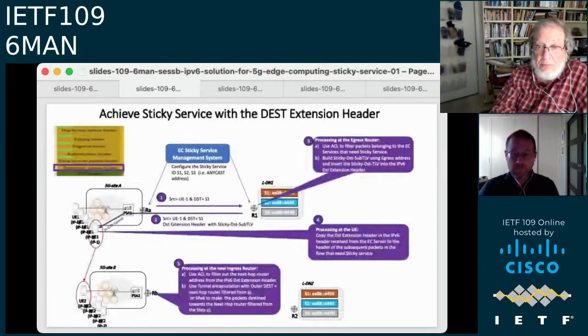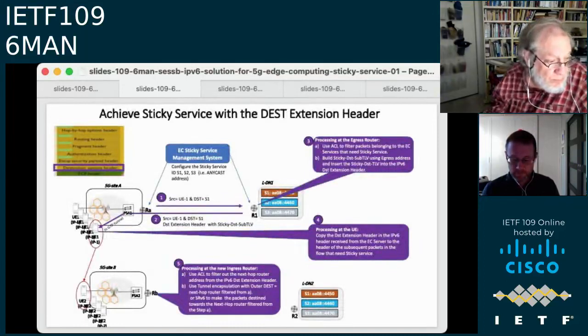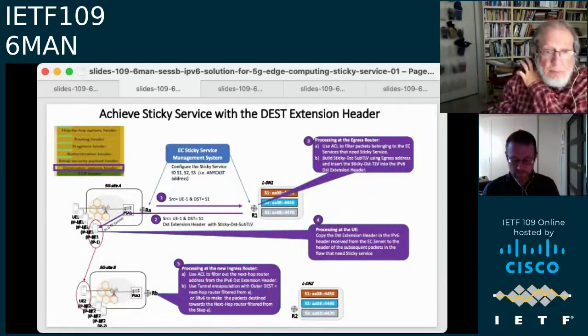Next slide. So IPv6 has this elegant, very convenient way of having this destination extension header. So this is the flow. When the UE traffic comes anchored to the PSA1, it goes through the eNodeB, and the GTP tunnel is terminated by the PSA1. After the traffic comes out of PSA1 to the ingress router to the local data network, we'll have source and destination based on the